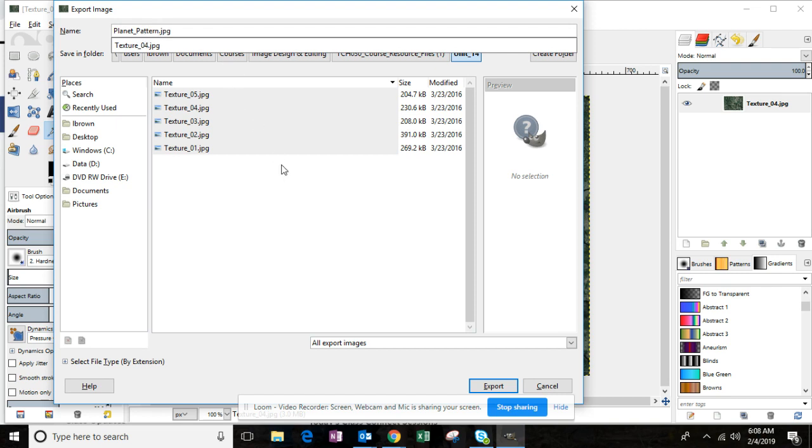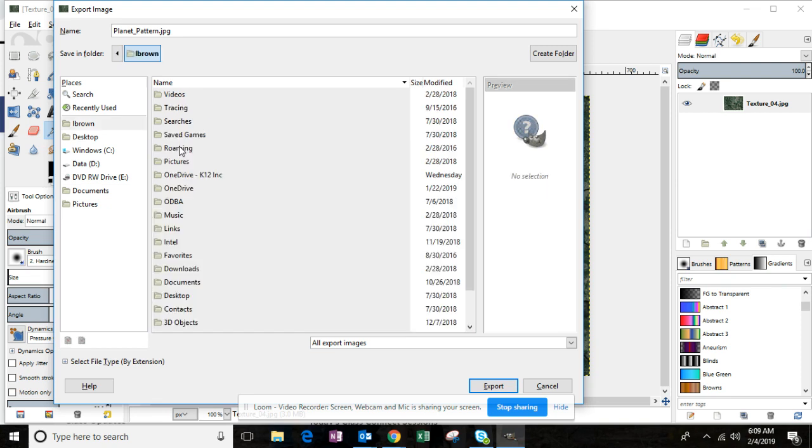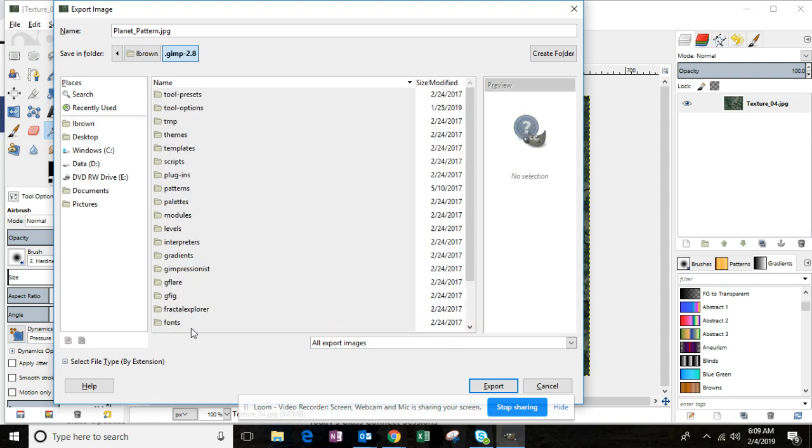And here we're going to go to our C drive, and we're going to click Users instead. You'll then select your username. Mine is L Brown. And then here you're going to double click GIMP 2.8. Then you're going to double click Patterns,